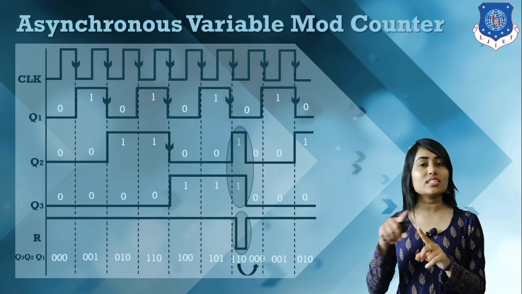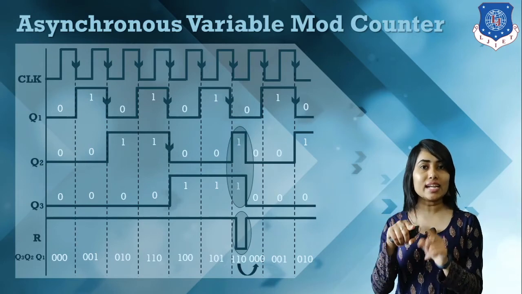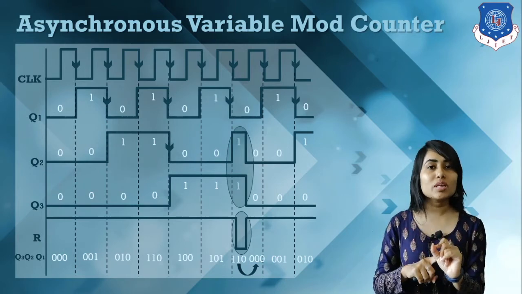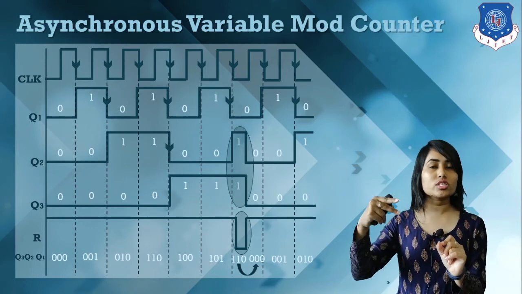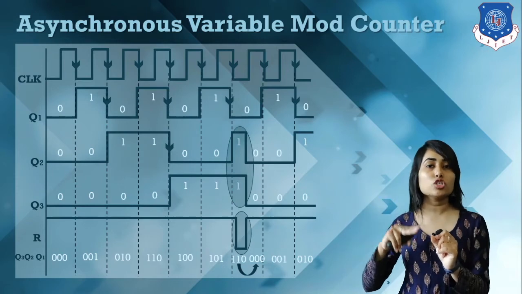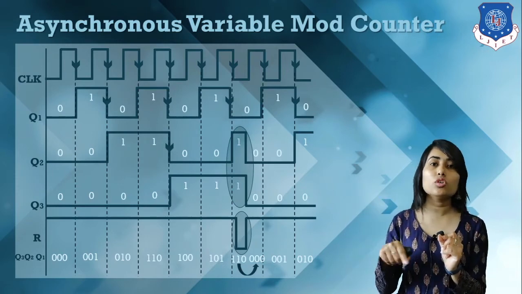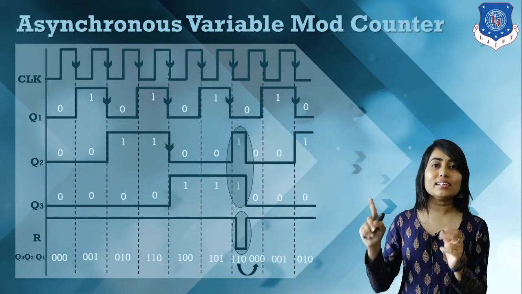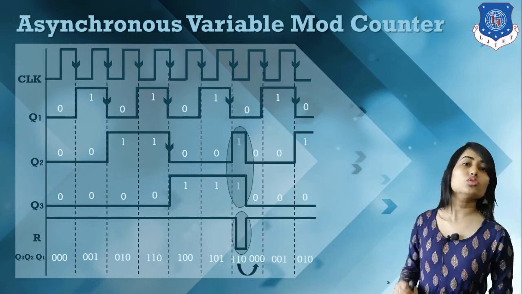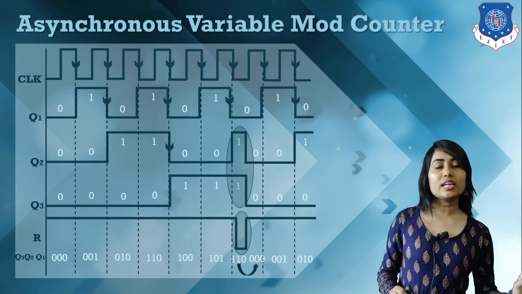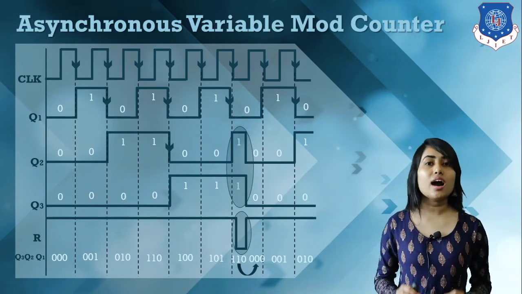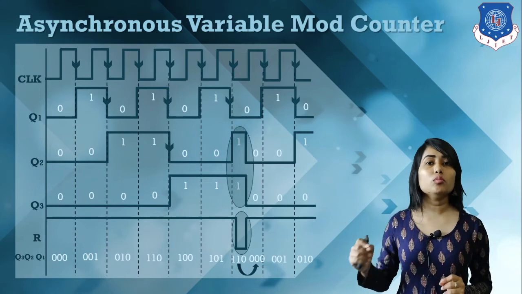We have to count just 0 to 5, that means only 6 values, but whenever we have a 6 value, that is our 7th value, 1 1 0, our flip flops must be reset. Whenever Q3 and Q2 are equal to 1, this R is equal to 0. Whenever this R is equal to 0, our flip flops are cleared, that is 0 0 0. So in the 6th stage we have a 0 0 0. It will count only from 0 to 5, and then again our flip flops will be reset. This is how we can design a variable modulus counter.